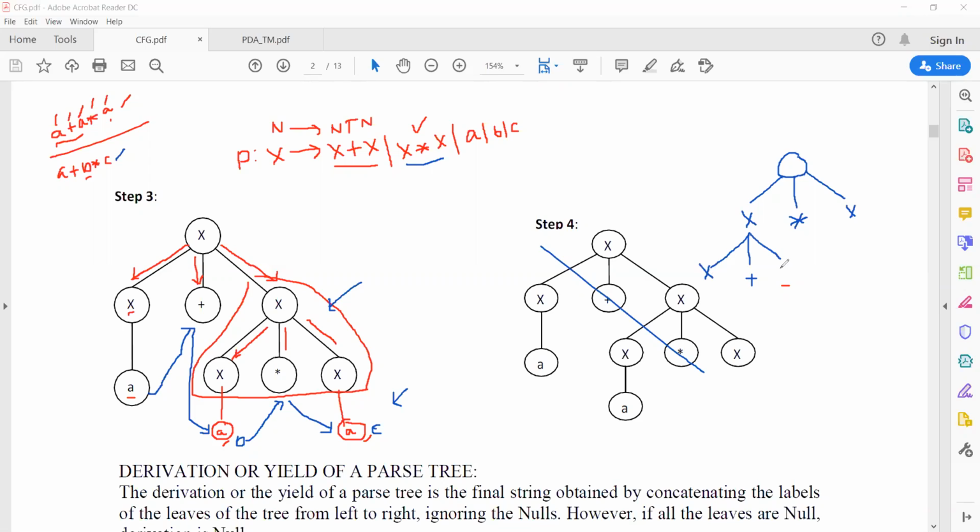As a result, you will get x plus x, and from that you can put any value like id, or a. So if you put all a, it will get back a plus a star a.